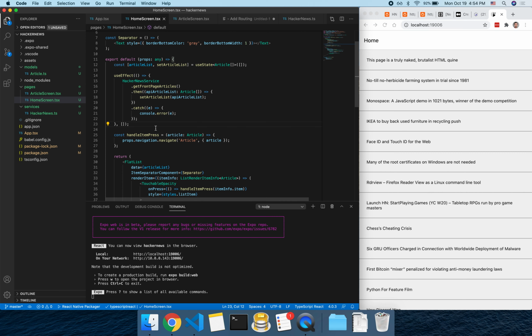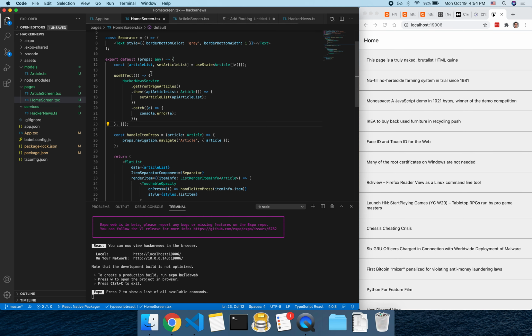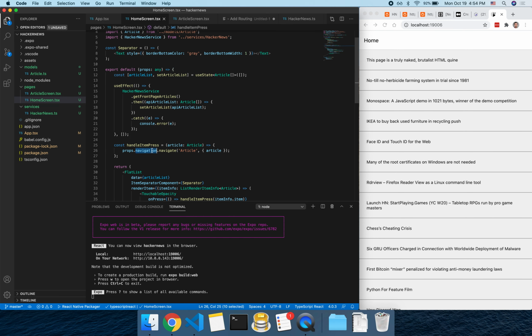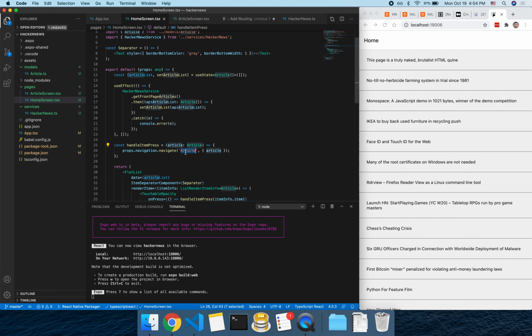So any top level component that you use in the app navigator will automatically receive a prop with navigation. And you can call navigate on it and pass in the name of that component. So you can see here we gave it a name, article. So we can navigate to article, and then the next parameter here is just any extra parameters you want to pass to that route. So we'll pass the actual article. So now if we click on one of these,